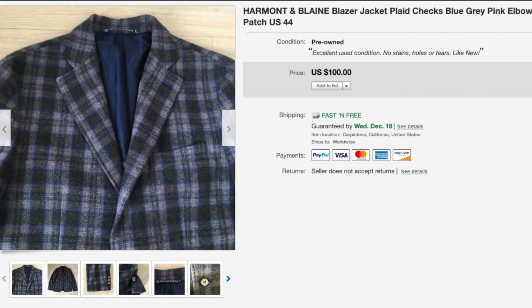Next up was a really unique find for me. This was the first time I actually found this brand, and I took somewhat of a risk on it only because I knew the quality was really nice. So I just figured I might as well take a chance on this, and this one sold for 100 bucks